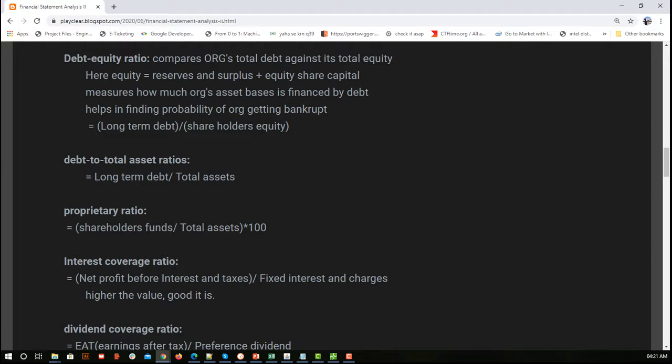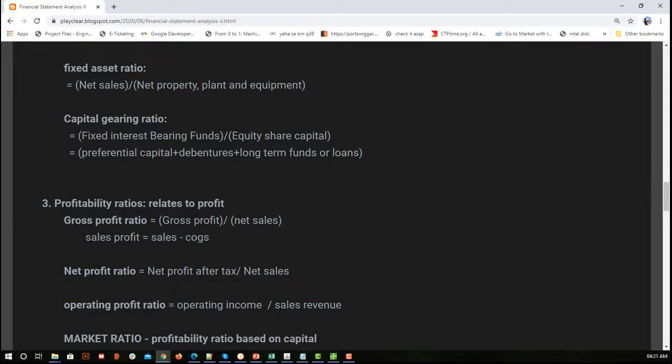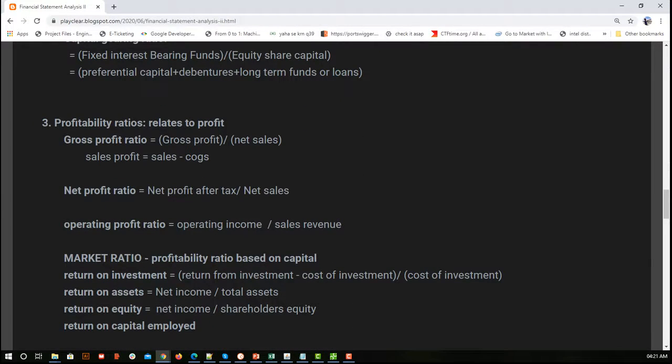After that we are going to see which ratios are beneficial for a person who is investing in shares. Not selling, but for buying, so it is good for an investor. So, profitability ratio. Now, if we get one of these we can get the other as well, because the terminologies change, but the attributes and the content behind them remain the same. So first is my gross profit ratio.